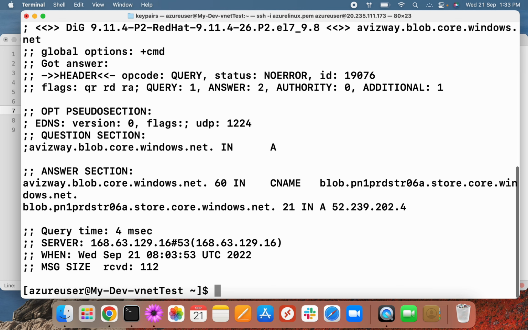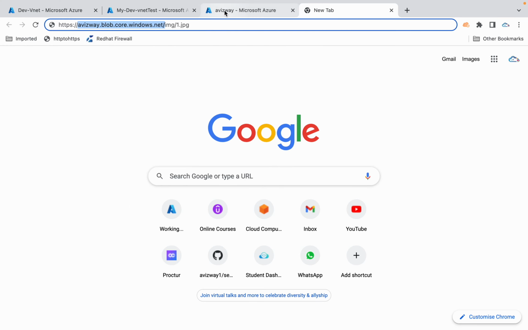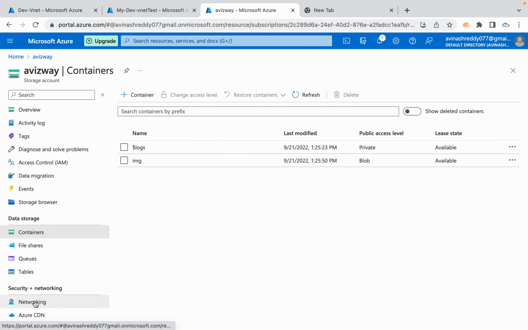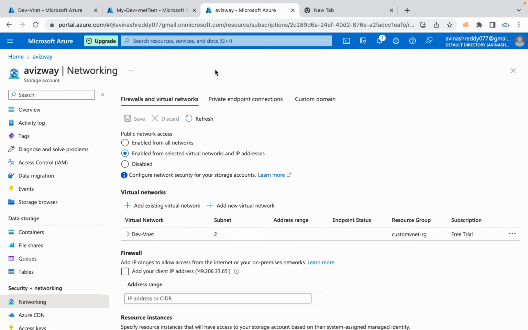All right, so you see here, it's giving some IP address like 52.239.202.4. So this is a public IP address from the service side, the storage side, the blob side. Now, I really don't want to use this. I want to use private IP addresses on both sides to access the data. In that scenario, let's simply go to this storage networking, navigate to private endpoint connection,